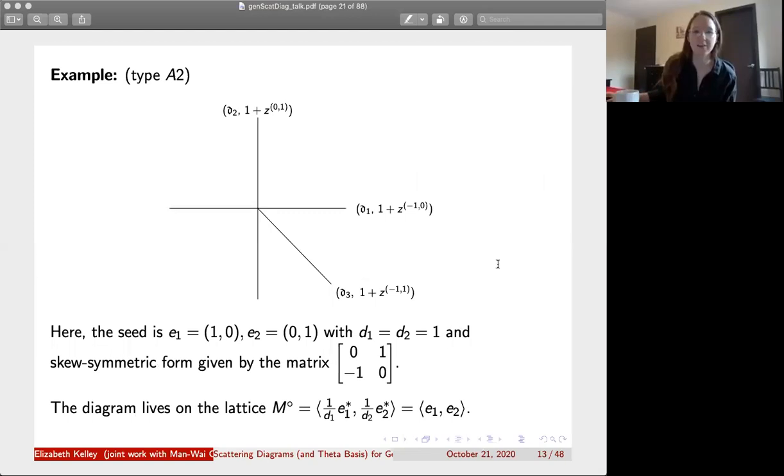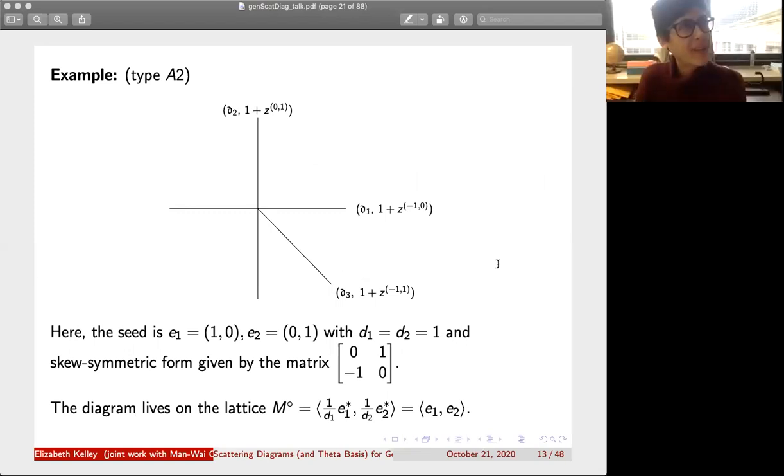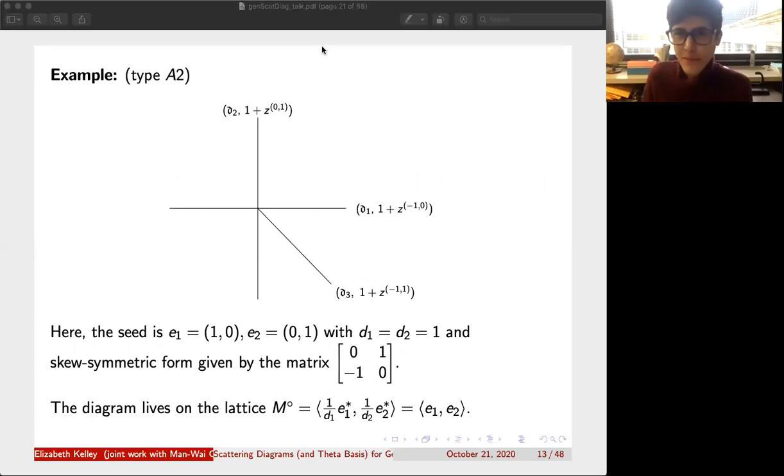Can I ask you, maybe this will be answered in the example, but why is it called a scattering diagram? Okay, so I won't answer that right away in this example. It'll come up a little later. But basically, let me give you a slight preview, because I also don't know how much of the material in this talk we will end up getting through, just because in an audience that's not as familiar with cluster algebras,